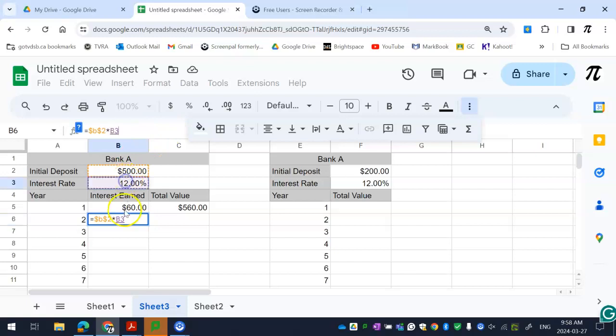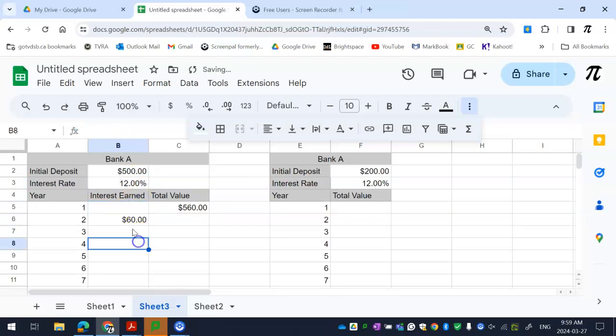So I can click on this here, but notice there's no $ signs. So I can go ahead and put the $ sign here and the $ sign here. Notice I didn't put capitals in the first spot, but that's fine. And then I hit enter and I get $60. So now when I pull this down,